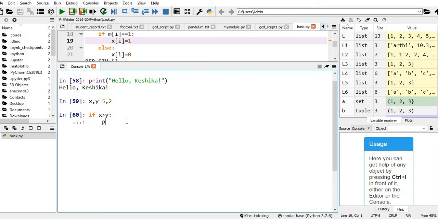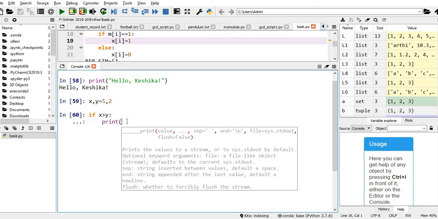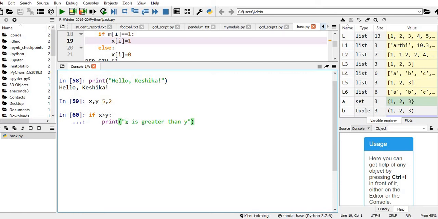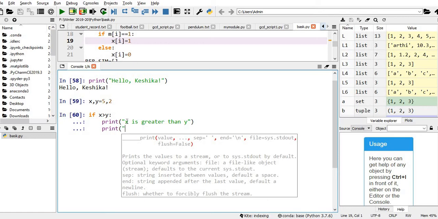So let me print something. If x greater than y, I am printing x is greater than y. Then print y is lesser than x.